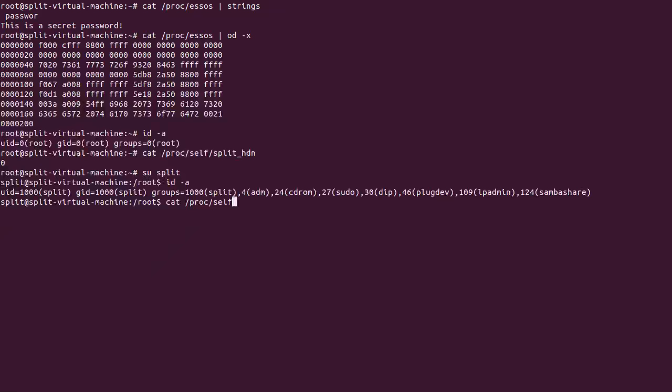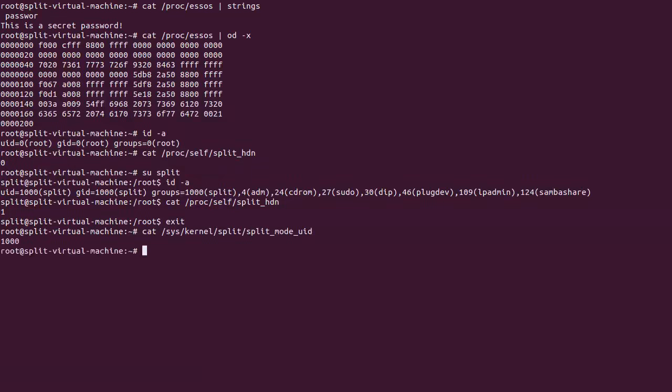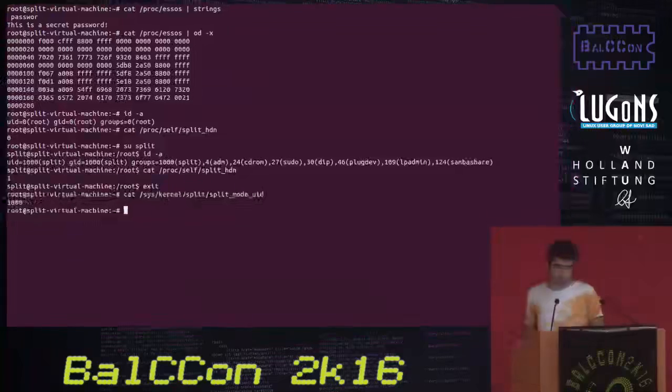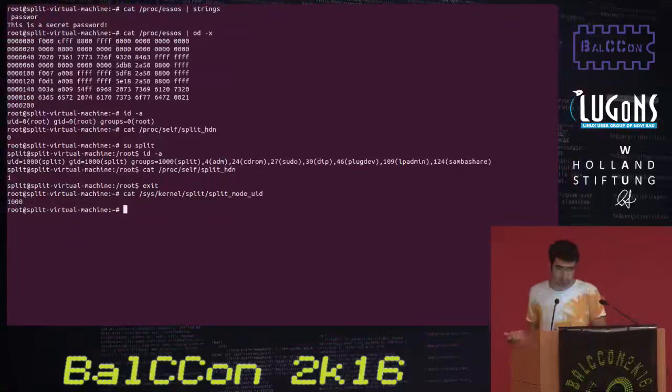We can check now that we're running in hardened mode. The reason for that is that there's a file that specifies, as I mentioned before, that user ID 1000, so user ID split, will be run in hardened mode. Okay. So if we go into split,